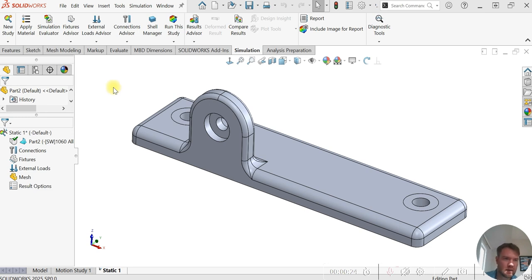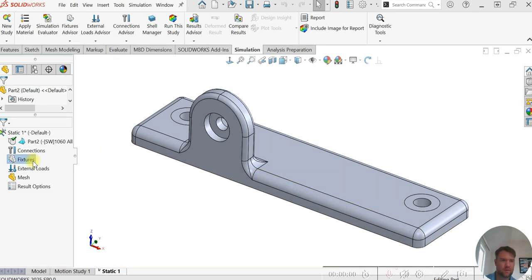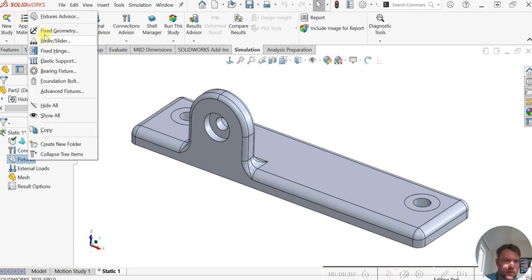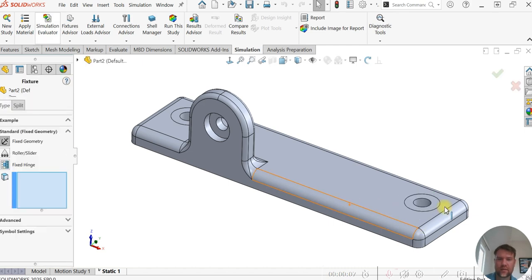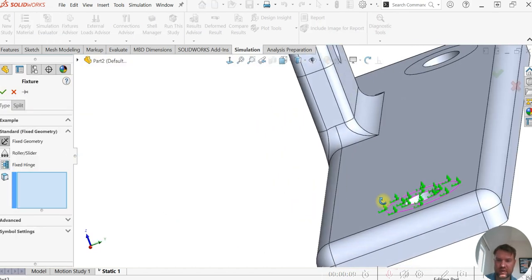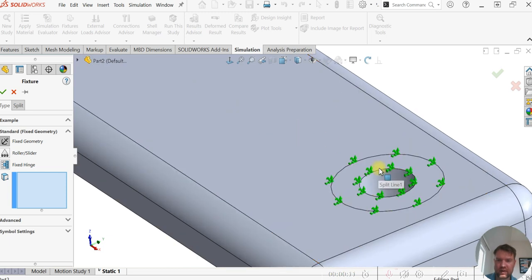We're in a static study already. We're going to first apply our fixtures. So we're going to add some new fixtures. We're going to do fixed geometry. And I did some split surfaces, split lines, so that we can grab the fixture, this face here, which will